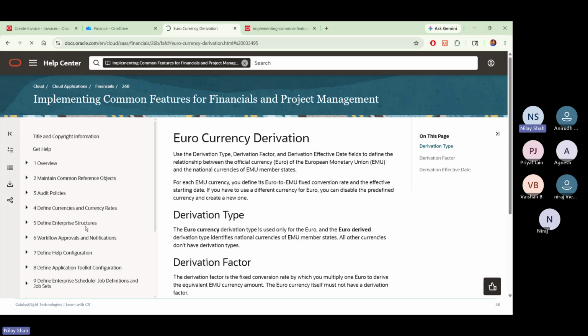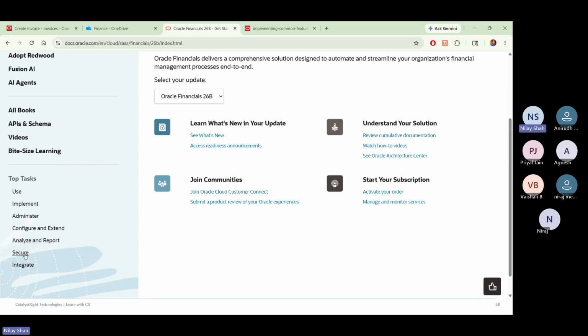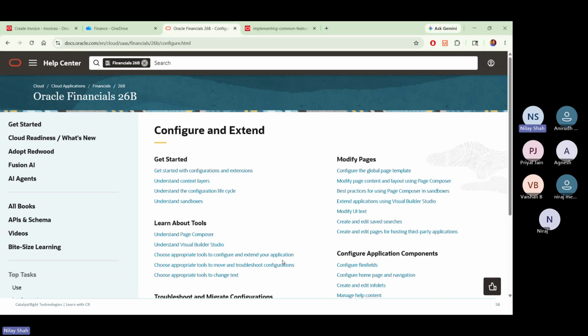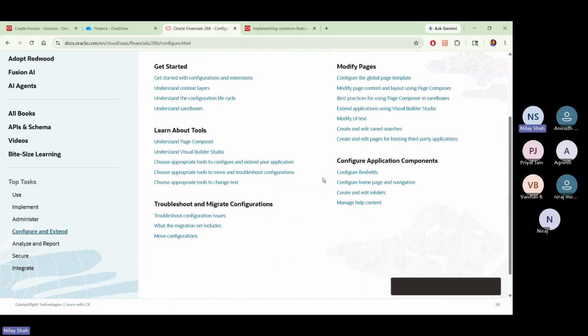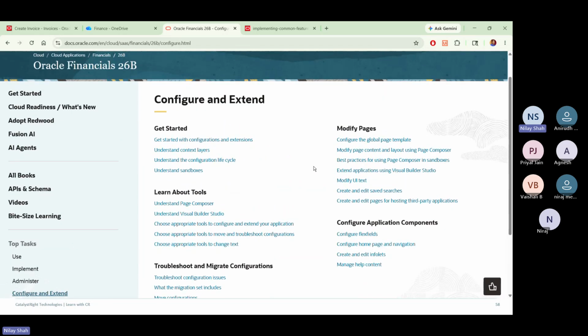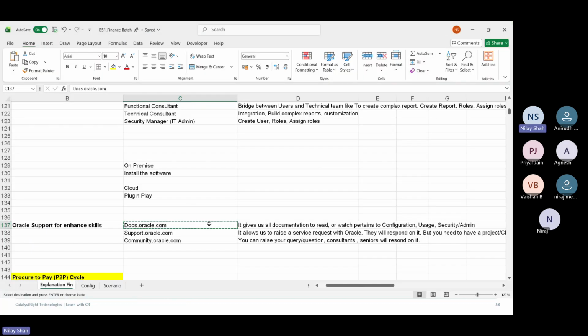Similarly, after implementation, let's say if you want to use it for roles and responsibility, security part, you can do that. If you want to do configuration, you can use that. Reports, you can use that. So it's available, but you need to check whether this is available for your required field or not. So just bookmark this website. This is very useful. Second one is